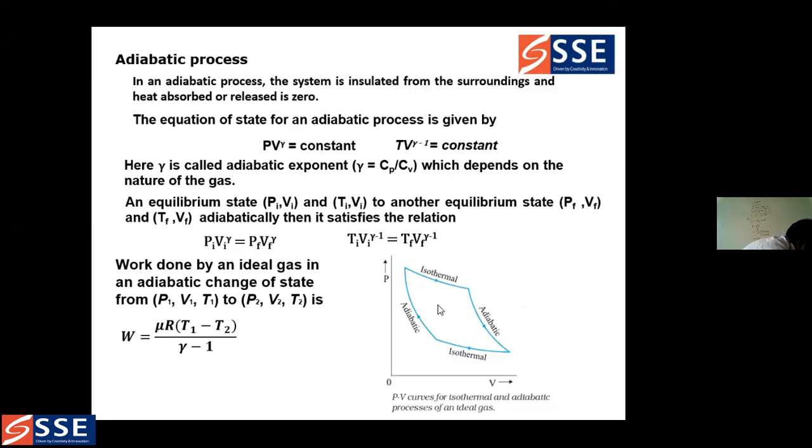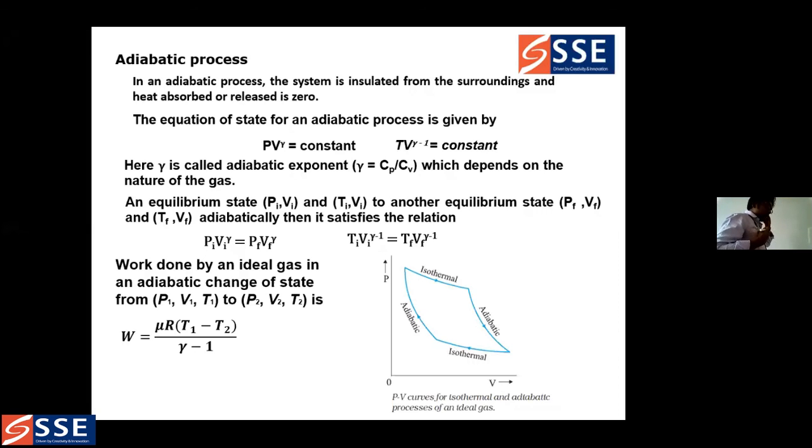The same thing is happening in the forward and reverse direction. It is going front and back. That's it. So now, work done by an ideal gas. How is the work done given in an adiabatic change? How did we give work done earlier? Let's look again: W is equal to mu RT ln Vf by Vi.